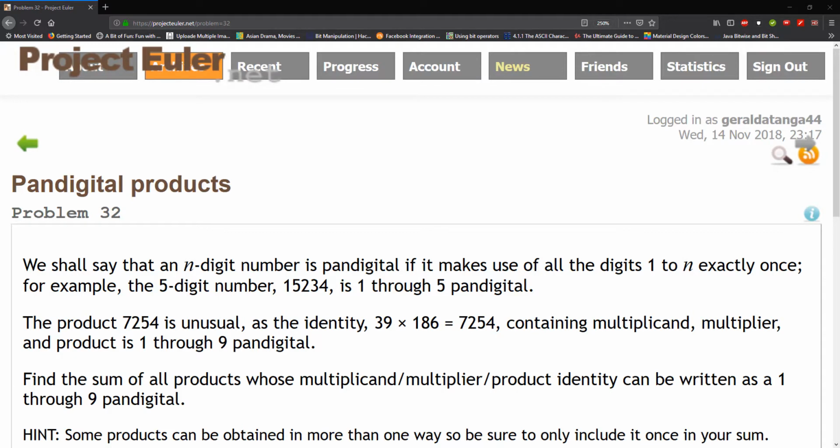Today we're going to be solving problem 32, which is the Pandigital product. We should say that an n-digit number is Pandigital if it makes use of all the digits 1 to n exactly once. For example, the 5-digit number 15,234 is 1 through 5 Pandigital. The product